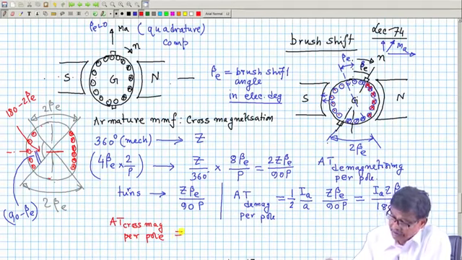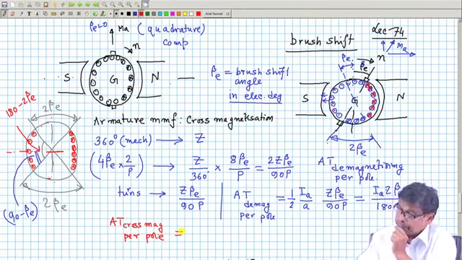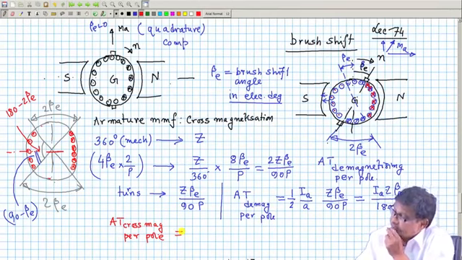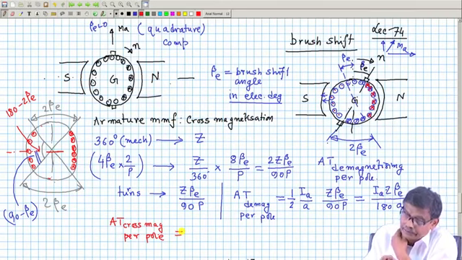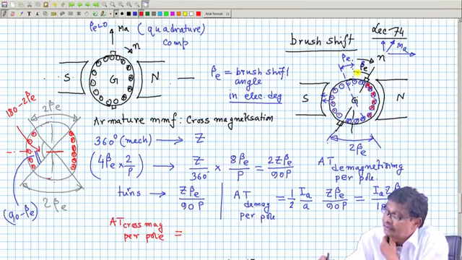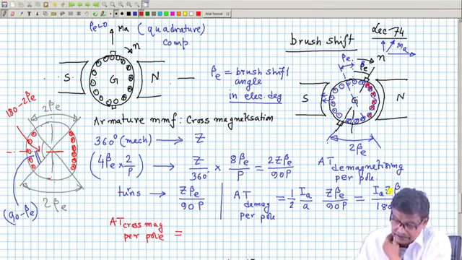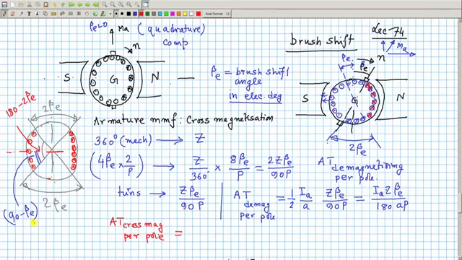It will be simply replace beta E by 90 minus beta E. These calculations are okay now, 180 minus 2 beta E by 2, because this angle is half of this angle. So, it will be then equal to I A